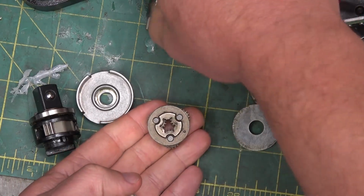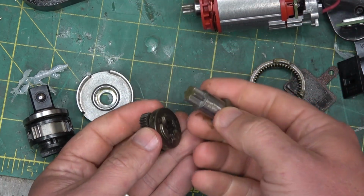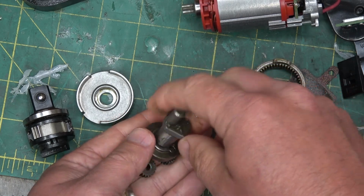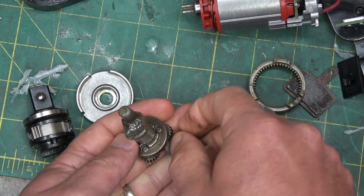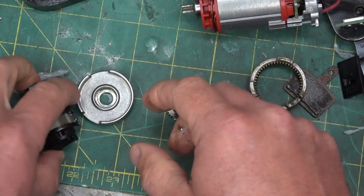Now, the powered ratcheting mechanism itself is quite ingenious. You can see on the output we increase the torque, everything is bigger, and all this is doing is spinning. It only spins in one direction. It doesn't reverse the motor. If you want to reverse, if you want to loosen off a fastener, you've got to go in here and change the